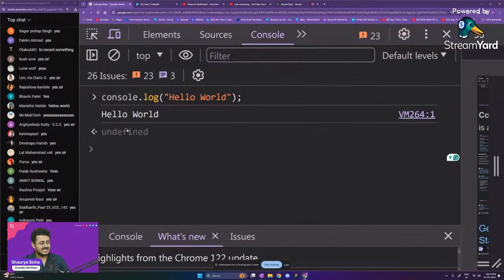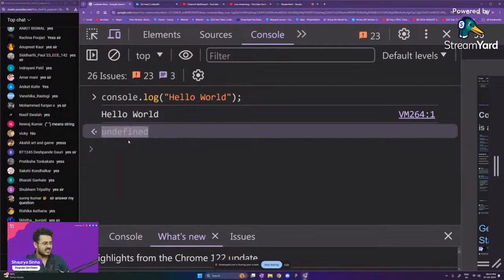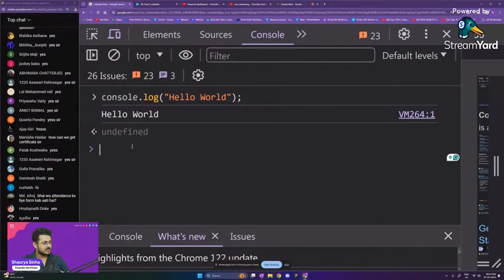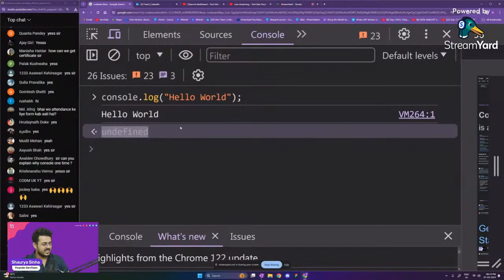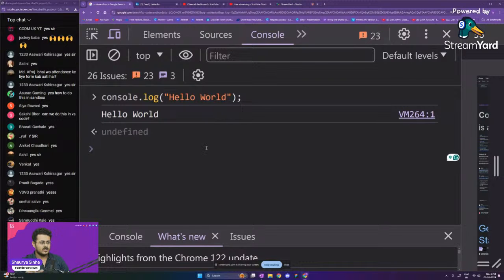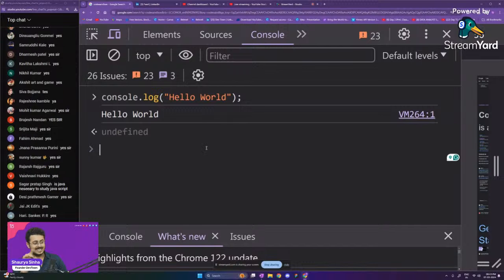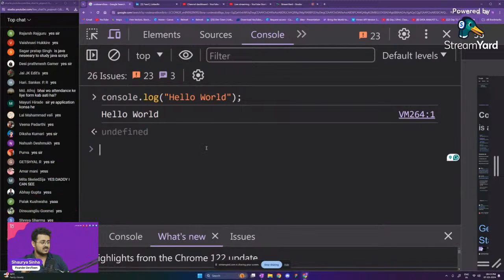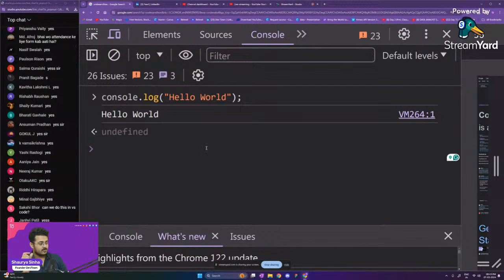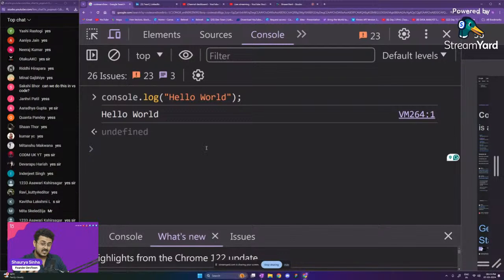Okay. The next thing that you guys are able to see is something like VM and so on, and you are able to see this undefined coming up on your screen. Are you guys able to see this? Please let me know, guys. The undefined right over here, the VM and so on. This is something that I want you guys to keep in your mind. I'm not going to explain it right now. I'm going to explain it once we understand a little bit about functions. Functions is a very important topic in JavaScript, in every single programming language. We haven't learned it up till this point of time.